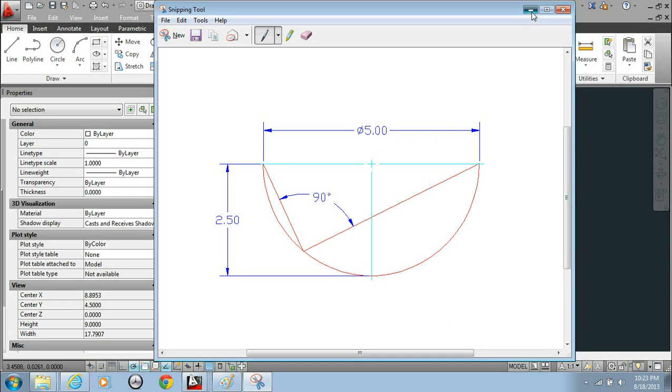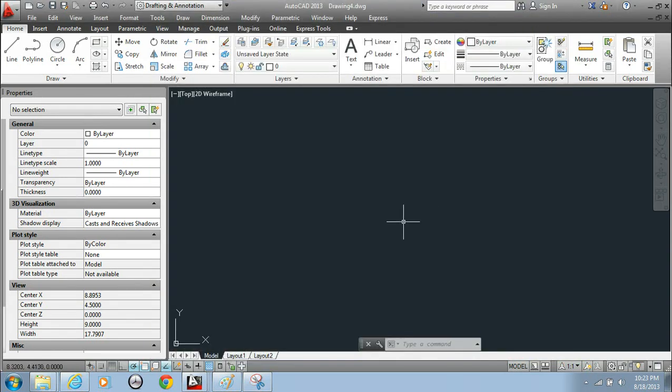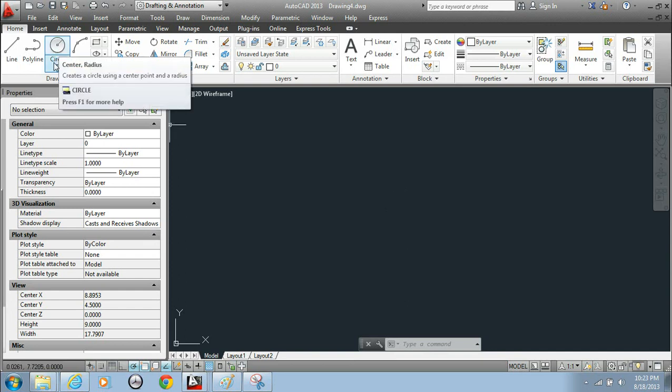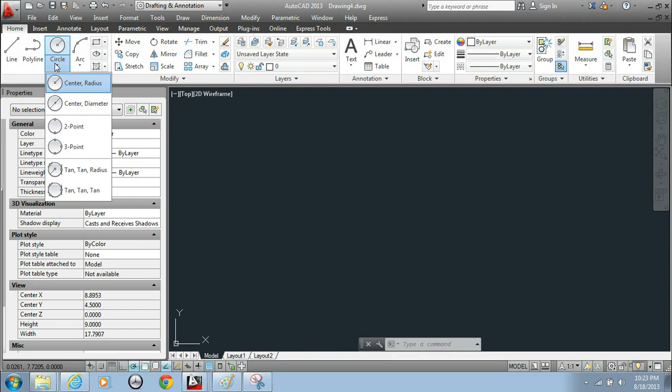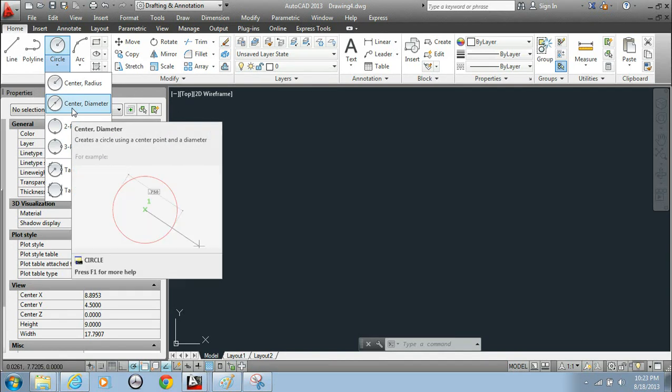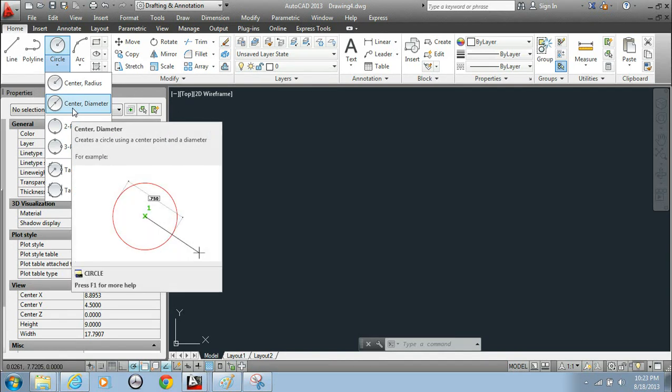So we have a diameter of 5. What we want to do is use the circle command to create the circle. We're given a diameter, so let's use that. The circle command is here, and if you use the drop down arrow, there are several different options. In a previous video I used C as the command alias for circle. If you type in C and then enter, you can